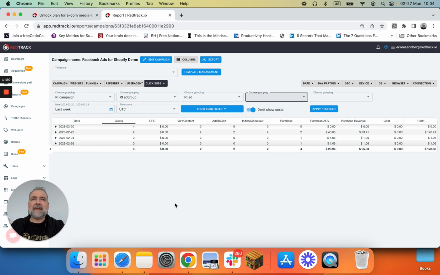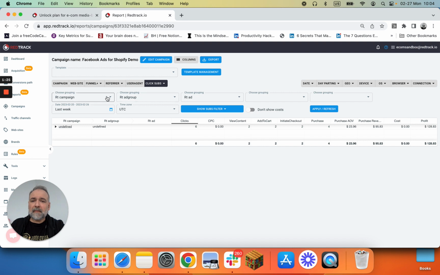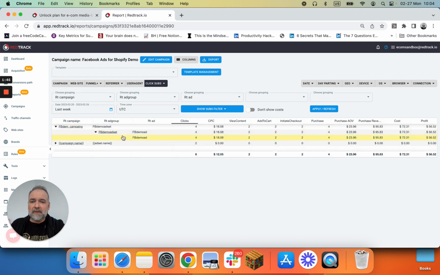If you add campaign costs manually, don't forget to remove this checkbox, and then make sure that the time zone is the time zone you want to see. By default, we show account time zone, and then the data period is right, and then click apply refresh. So now you have your data with the cost of the ads. You can drill down into details to see which ad performed and gave you most purchases. This is a sandbox environment, so we have just one ad here,